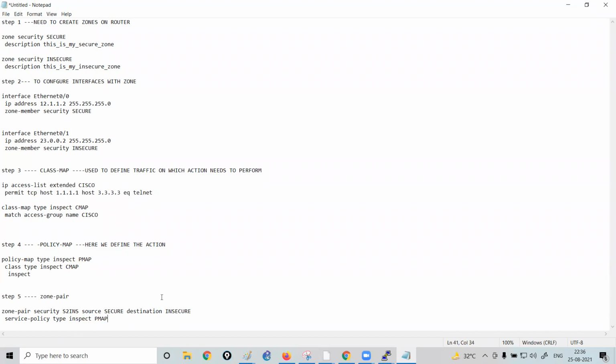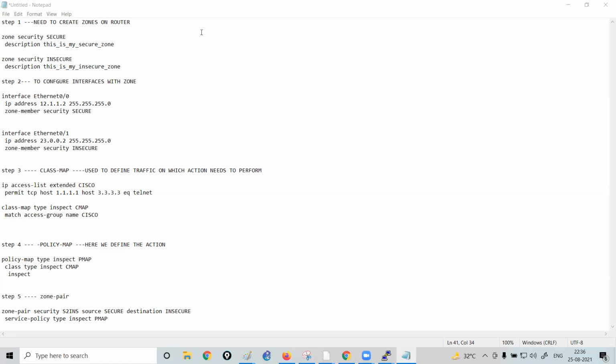Now, is everyone clear with the configuration part as of now? Do let me know. If you are not able to understand the meaning of any commands, please let me know, else I will go ahead. Any queries, Mr. Mike? Yes, I do. It looks like you never defined any pair in the zone pair in the reverse direction. Sorry, I couldn't get you, Mr. Mike. Can you hear me? Yes, I can. For the zone pairs, you did not define any in the opposite direction. No, I haven't defined anything in the opposite direction.